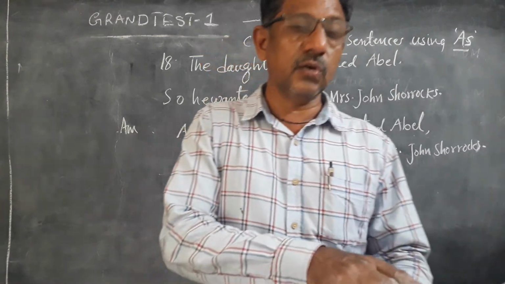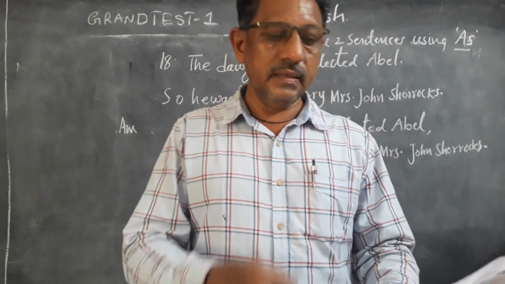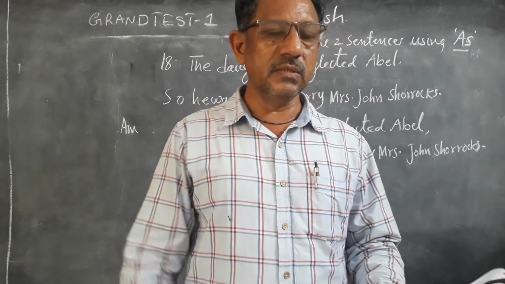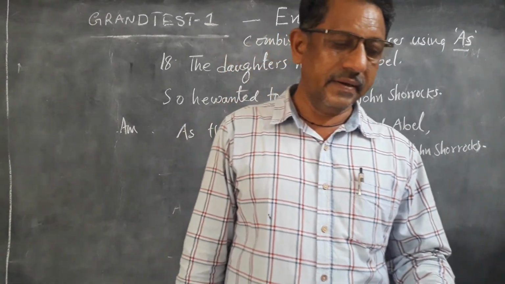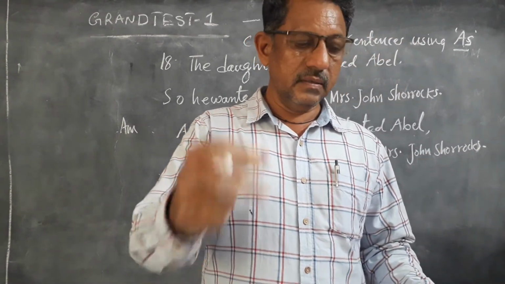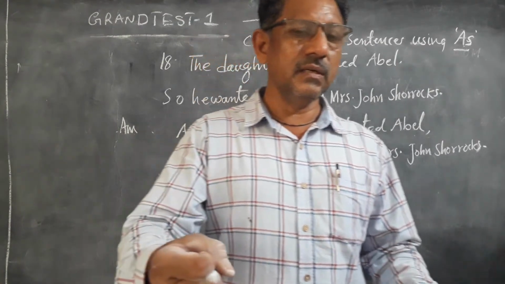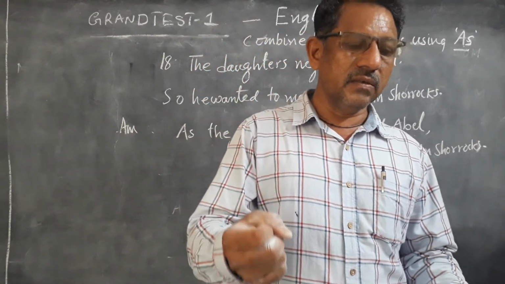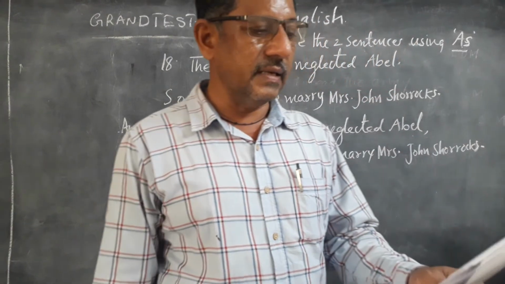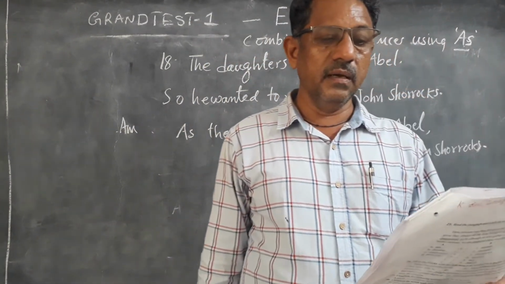So here there are two blanks. In one blank use the helping verb "had". In the second blank, "waited", the past participle. I had waited for an hour before. In the second blank, "called", simple past tense. To denote the later action we use simple past tense. So the answer is: I had already waited for an hour before he called me in.